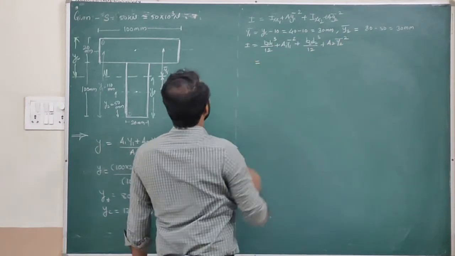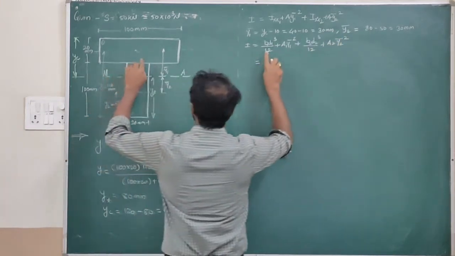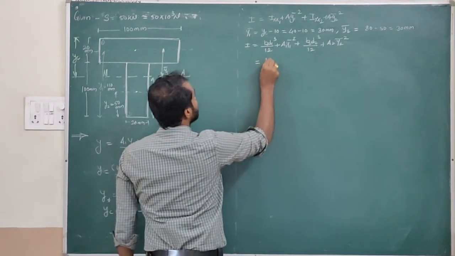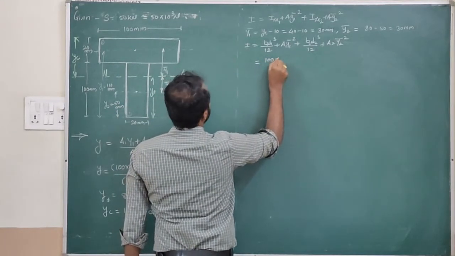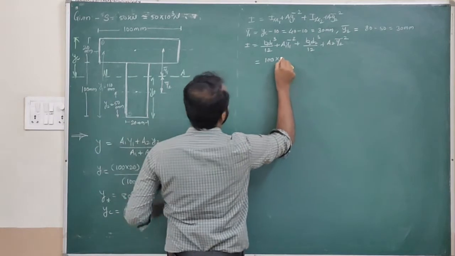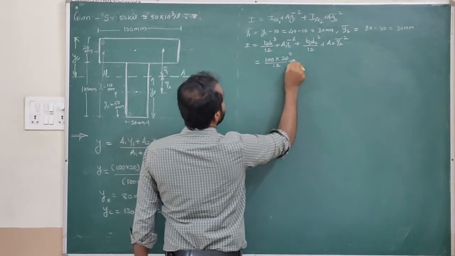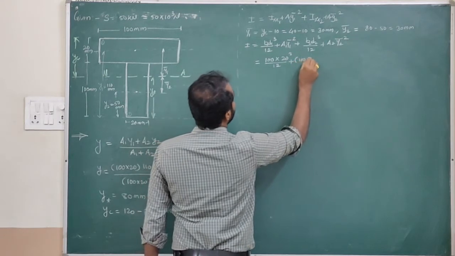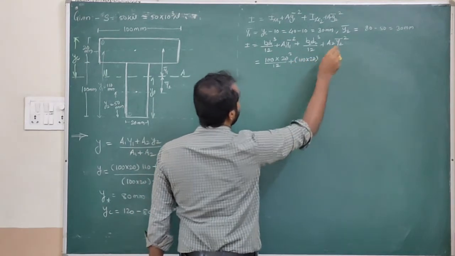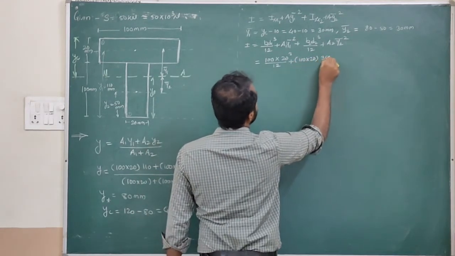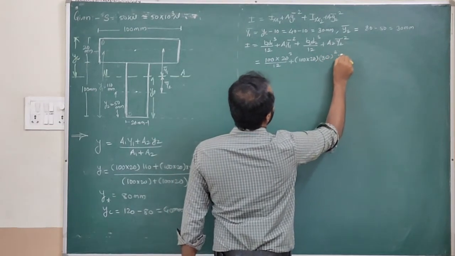So put the values. For the first case the width is 100, so it is 100 into depth, the value of depth 20 cube, divided by 12, plus area, it is 100 into 20. What is the value of y bar? Y bar is 30 square, plus